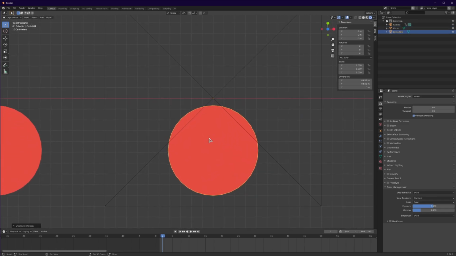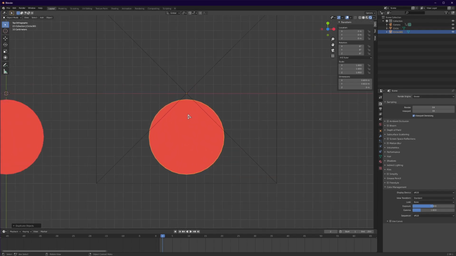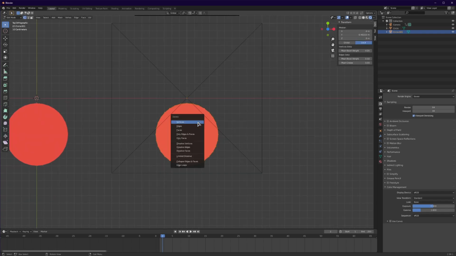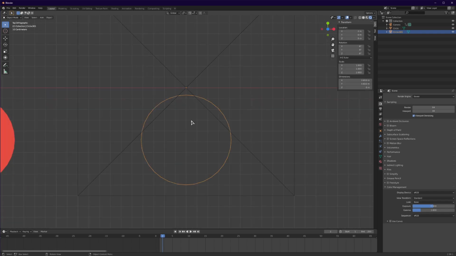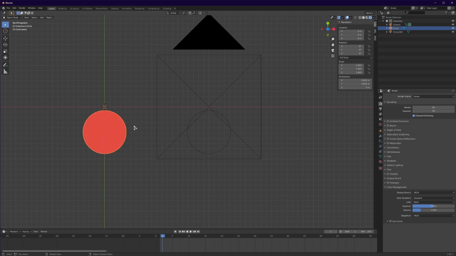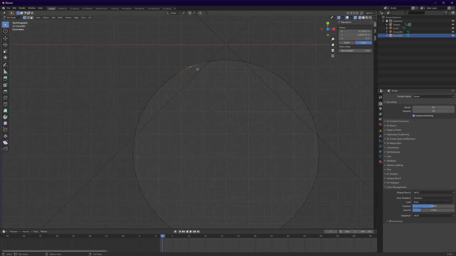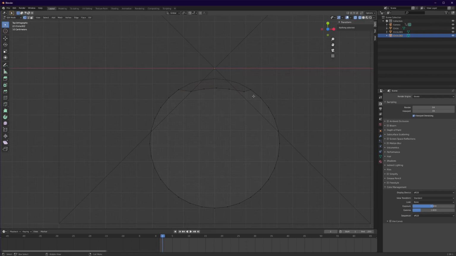What I like to do if I want to see my previous frame on top of my current frame is, I copied this over, and now I can enter edit mode and delete only faces. Now I'll get this outline, and I'll copy it again, Shift D, X, 2, and now when I'm editing this, I'm going to edit in wireframe mode. You can see that the line of the other circle is still there. So if I start shaping this now,